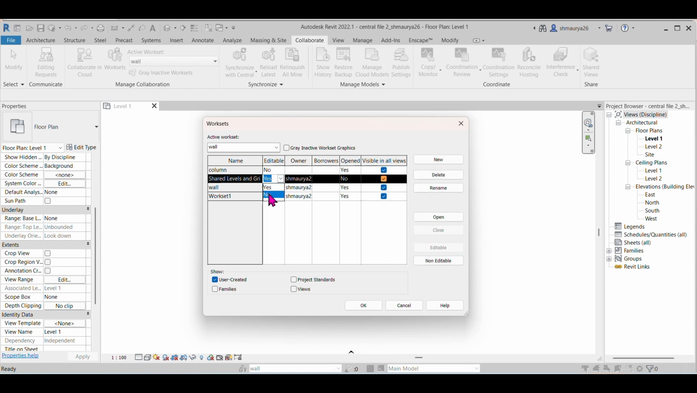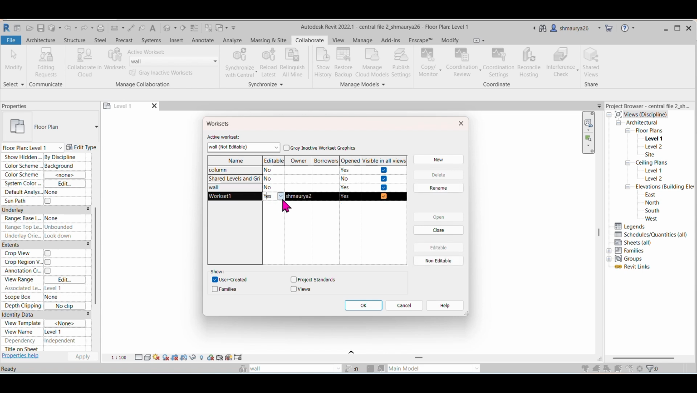I'm just giving authority so anyone can just edit the wall, anyone can just edit their grid levels and everything. Matlab basically for which one I will grant permission, right? Because this workset is created by me, so I have to grant the permission for this, right? Let's see, if my column, if I just click on yes,